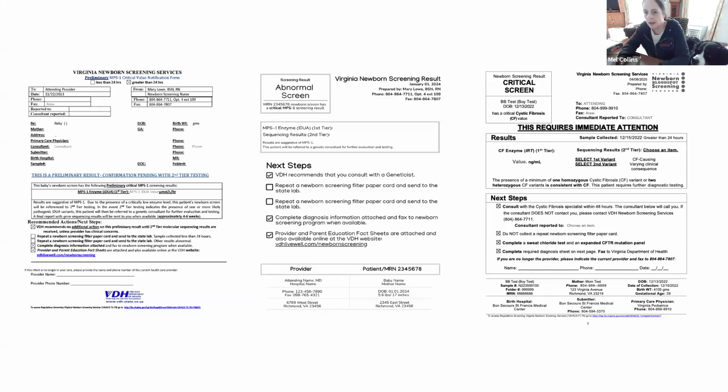The other comment I had, and I'm not a geneticist at all, but I do find the phrase "the presence of a minimum of one homozygous variant" confusing, because I always think that you need two mutations to have CF. I know this is proper English for genetics, but I find it confusing. I think that's a great